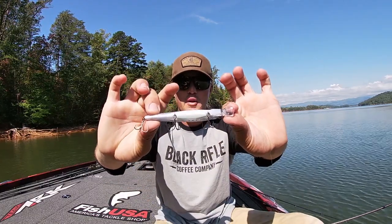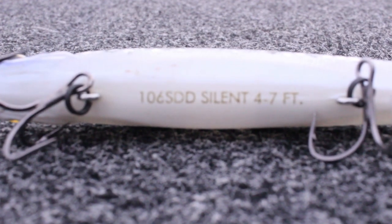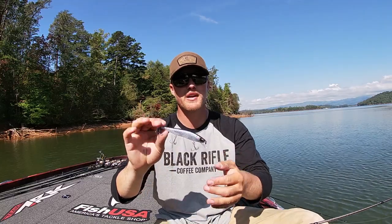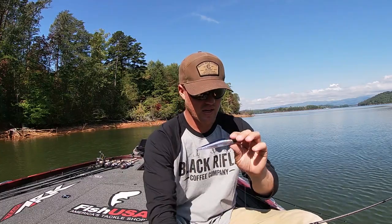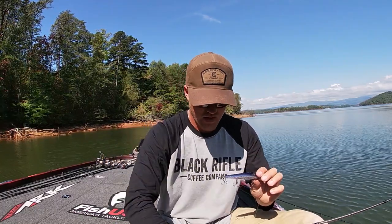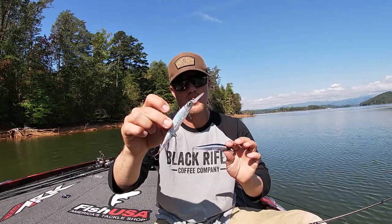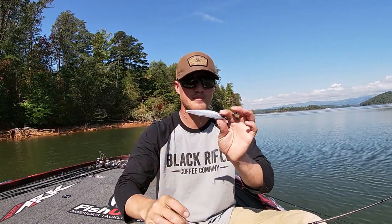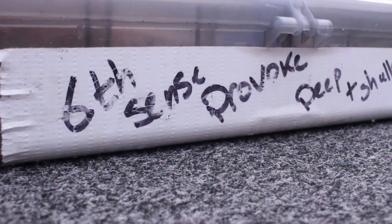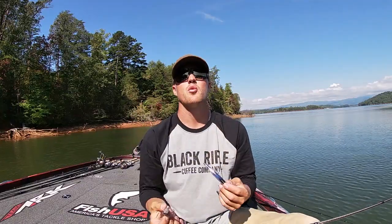And if you'll notice on the bottom of this jerkbait, it says silent. So one thing that I absolutely love is 6th Sense came out with a line of jerkbaits that is specifically silent. They make it in a regular model, and this is what they normally sound like, and they also make it in a +1 model. It's called a 6th Sense Provoke DD. So this one makes rattles, but they also make the same body, same bill size without rattles, which is super, super convenient,